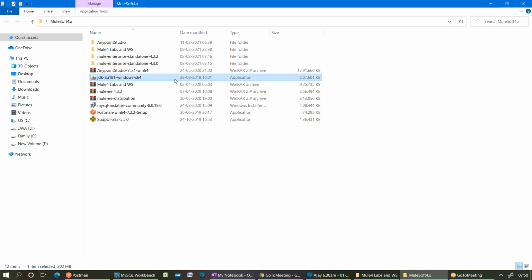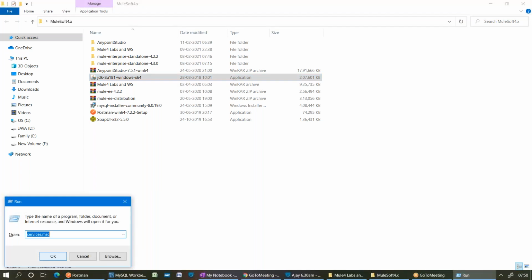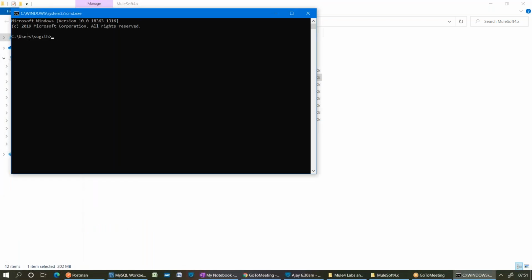So previously, Anypoint Studio did not come with a JDK. That's why we used to set up a JDK on your machine. If you are using personal laptops, it's up to you. Just check whether Java is installed on your machine or not. And one more thing, it explicitly supports Java version 1.8 or 11, not beyond those versions. Let's check how we can check whether Java is installed on my machine. Go to the command prompt, java -version. I have JDK 1.8. There is no problem for me.